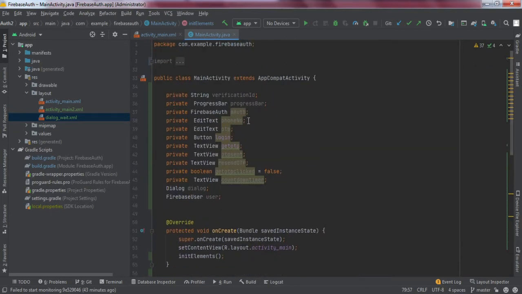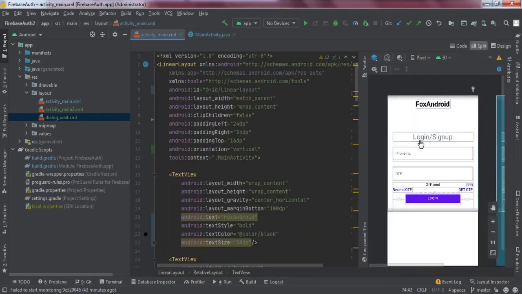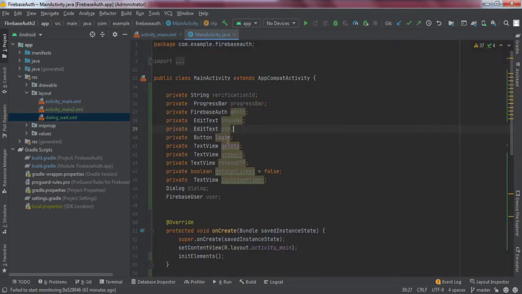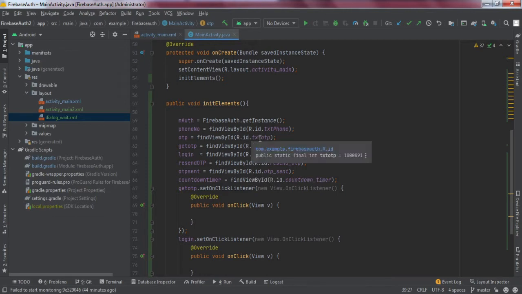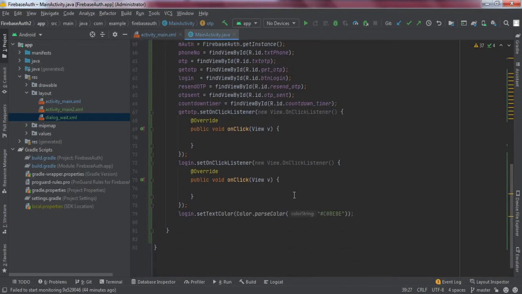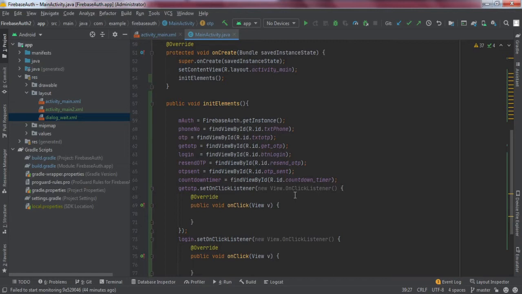Okay guys, I have just defined the reference variables here, right? Here I have made the reference variables for all the buttons, edit text, and whatever we have in this UI screen. And here I have passed the reference. I have referred to all the buttons. If you can see here, I have referred to the text fields and input text and all. So I have not done anything fancy yet. So okay, now we'll proceed further.